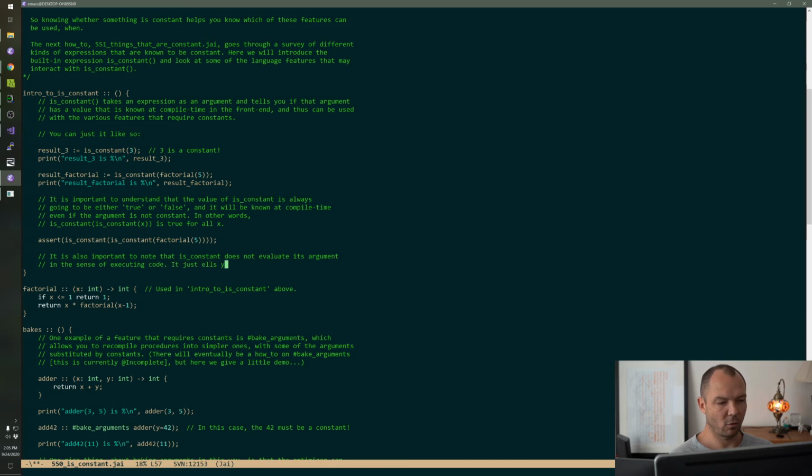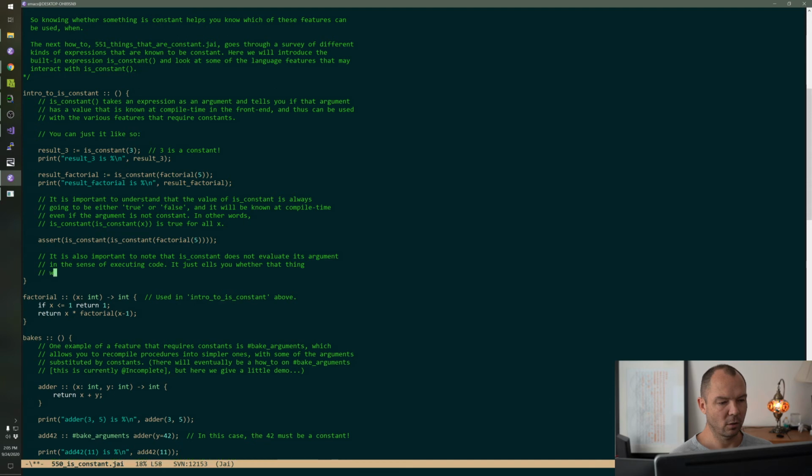It just tells you whether that thing would be constant or not, in the sense of generating code that would be executed at runtime or not.